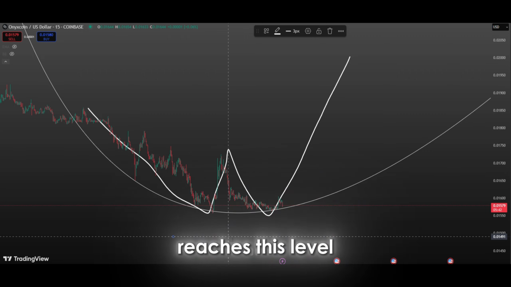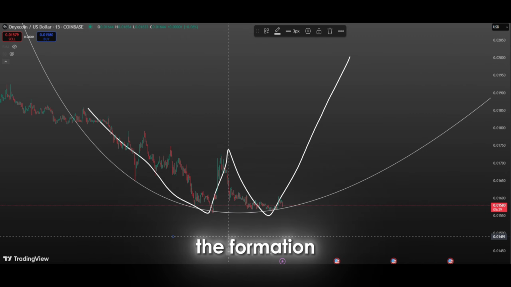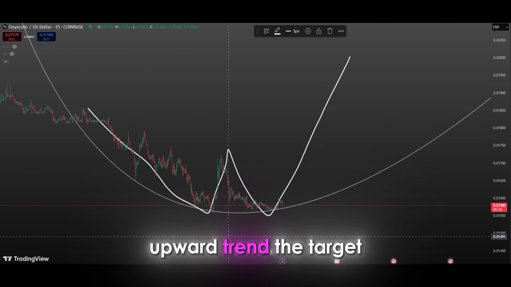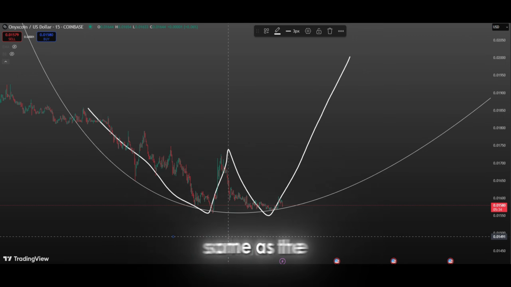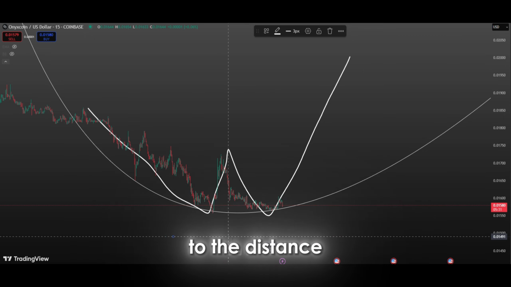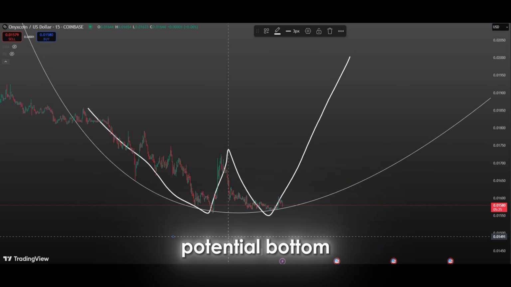If the price reaches this level and breaks through with high volume, it technically confirms the formation. Such a scenario would indicate the start of a new upward trend. The target for this move would be the same as the depth of the formation. That is, a move equal to the distance between the second bottom and the neckline would define a new target area to the upside. The current price action at the second bottom of the formation represents a potential bottom for